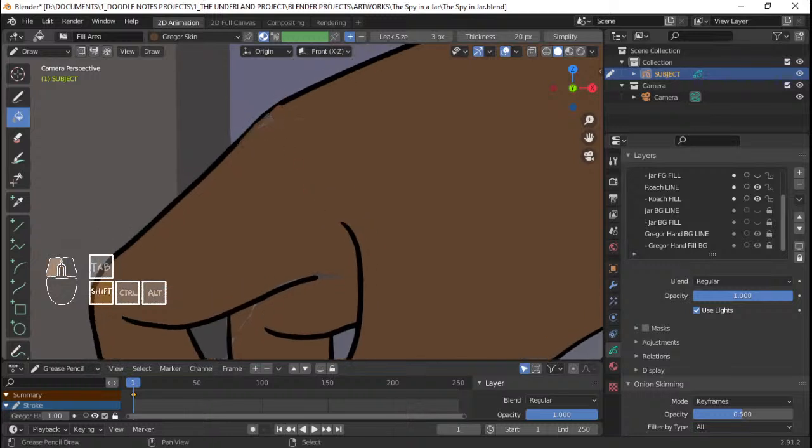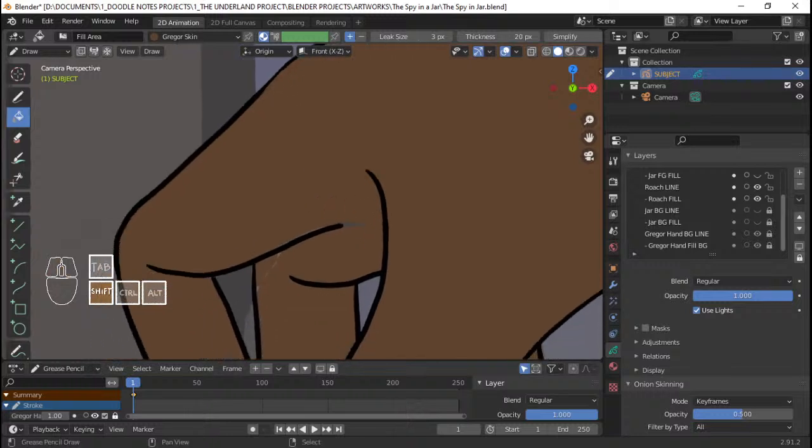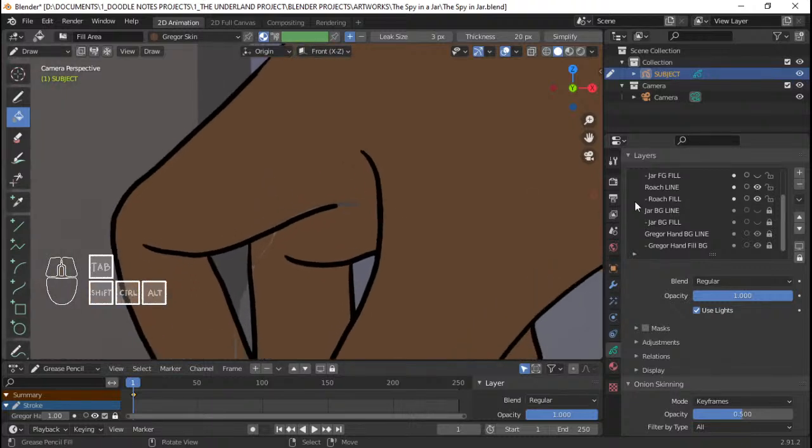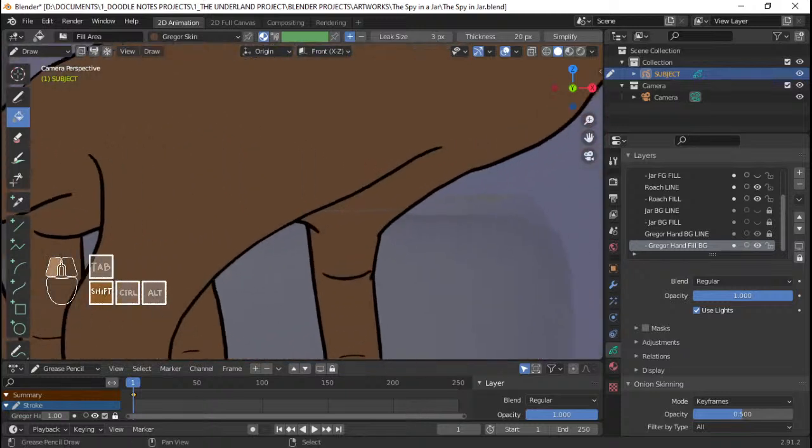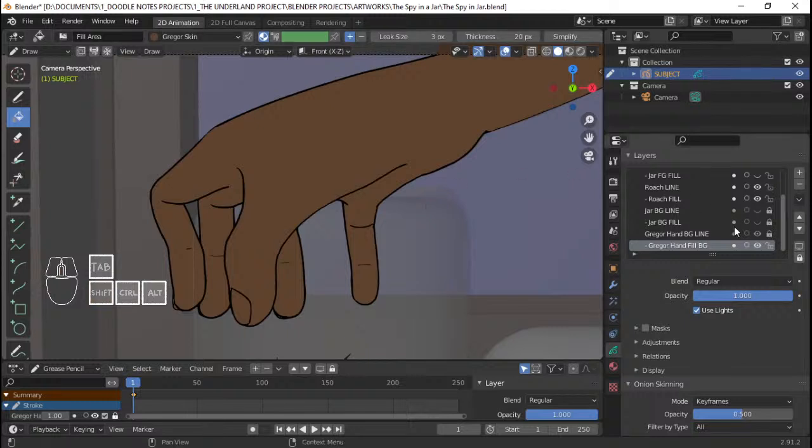And I can do something like this. And I need to go back to Gregor hand fill BG so I can close the gaps right here. And right here as well. So there we go. Gregor's hand's already filled up.